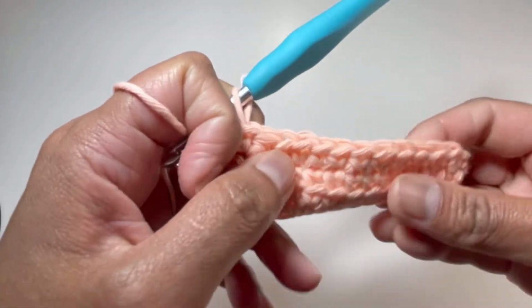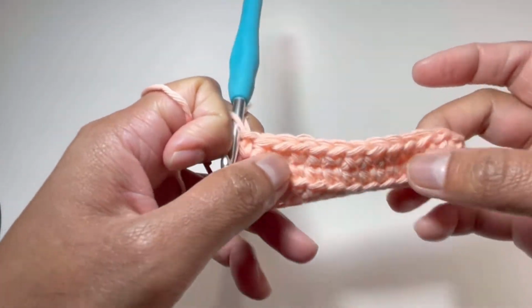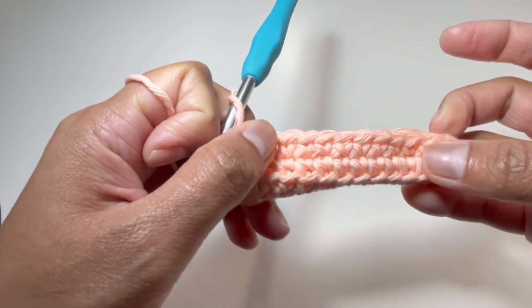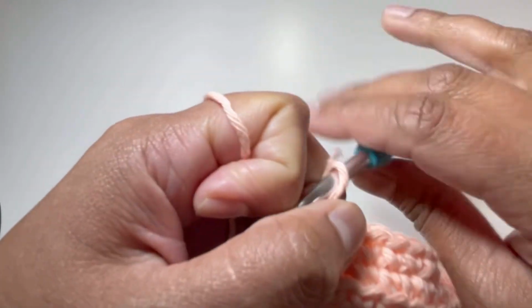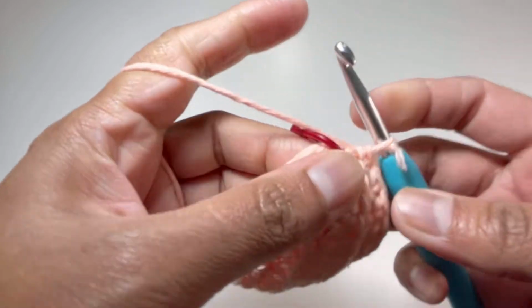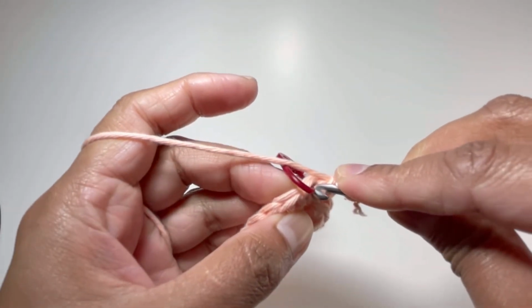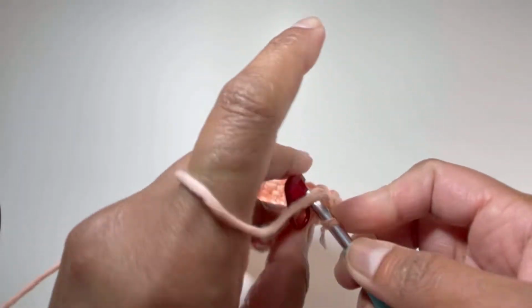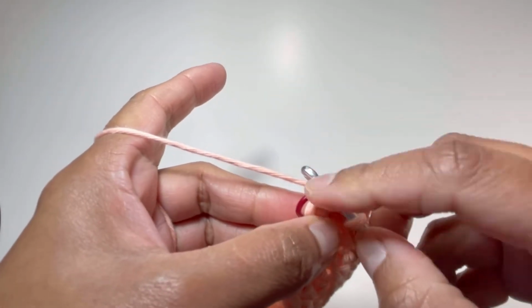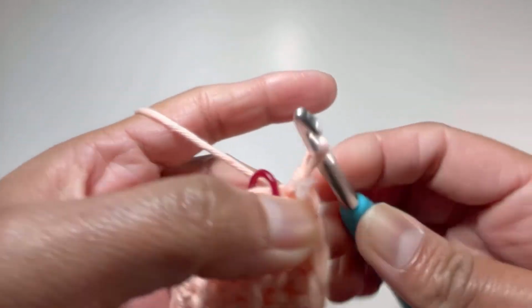And now my work looks like this. So our first round is our base round, and then we have started up our pattern, our cover, and now for round number 4, I'm going to insert my hook into this first stitch of my round number 3, and will grab the yarn. Remember, I'm not going to take out this stitch marker. I will grab my yarn and make my slip stitch here